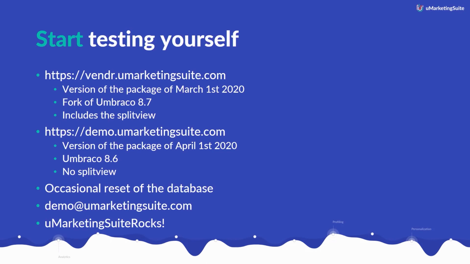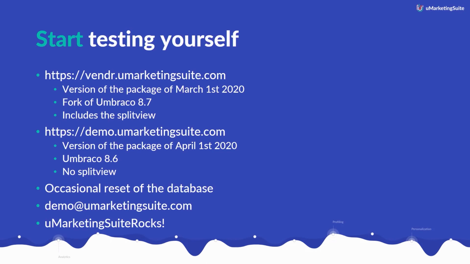And it's a fork, or something like a copy with some new stuff in it, of Umbraco 8.7. And 8.7 is the one that is not released at the moment. But the cool feature that is included is the split view. So that's why we sent it out at this moment, so you can use that functionality. But also we've set up